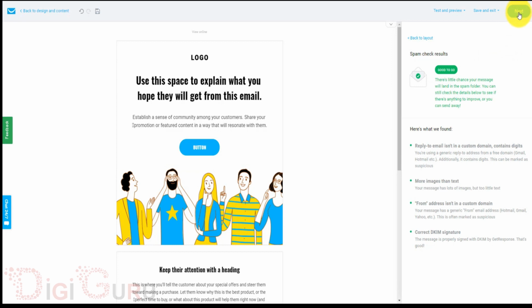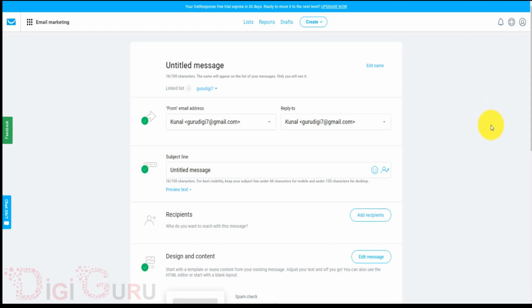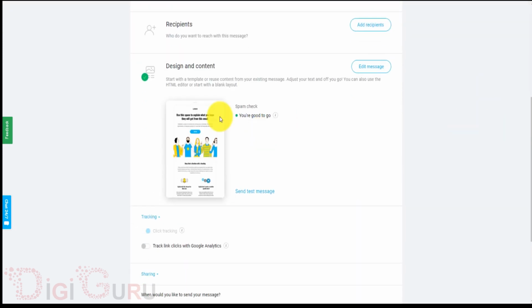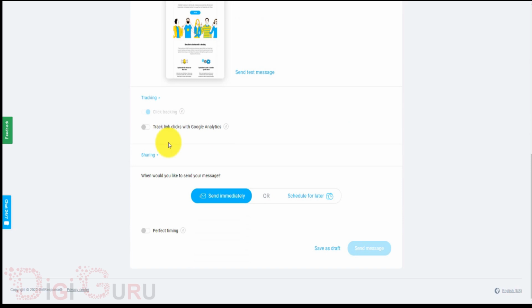As you can see at the top right hand side, there is a next button. Click on next, and this template will be saved. As you can see, the template is getting saved, and here is the template appearing. It's good to go. Now once the template has appeared and is good to go, we just need to send it. Either we can send it immediately, or we can even schedule it. If I need to use the perfect timing, I can use the perfect timing option,